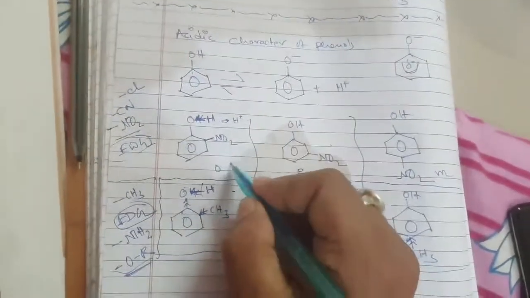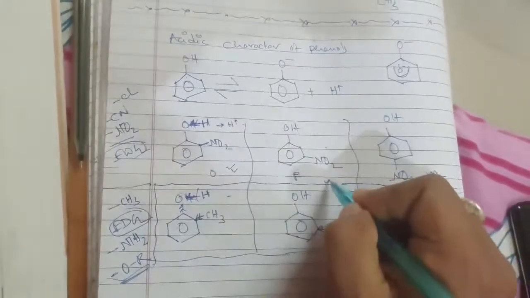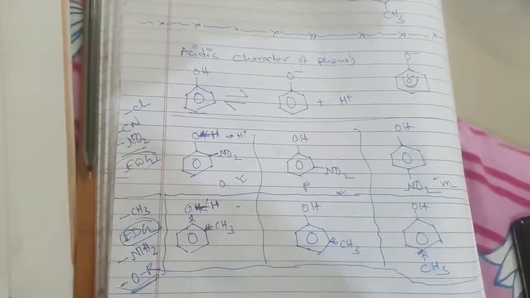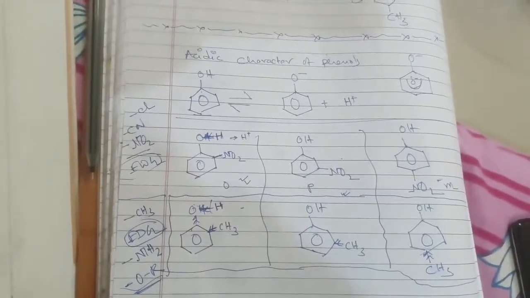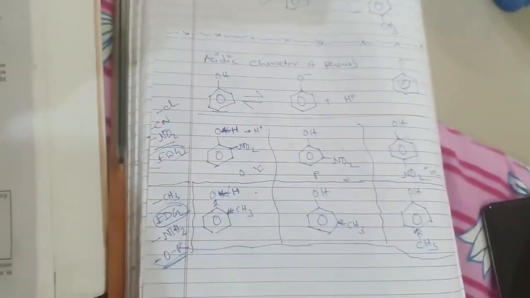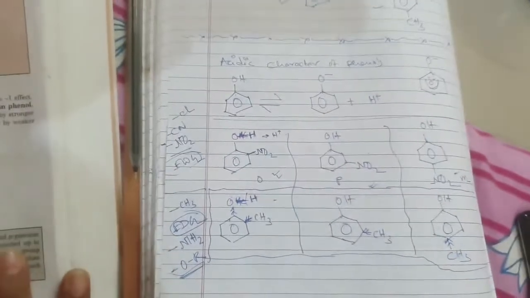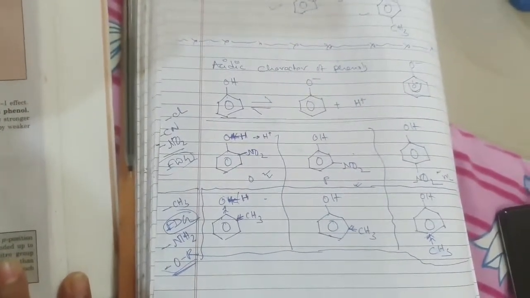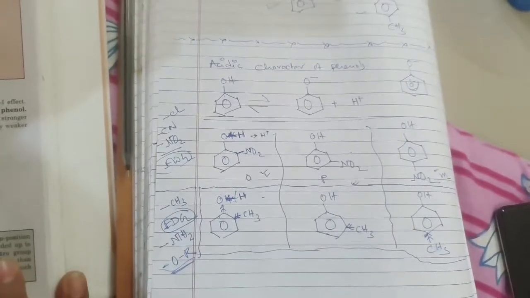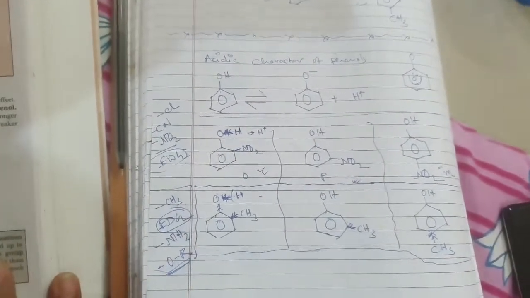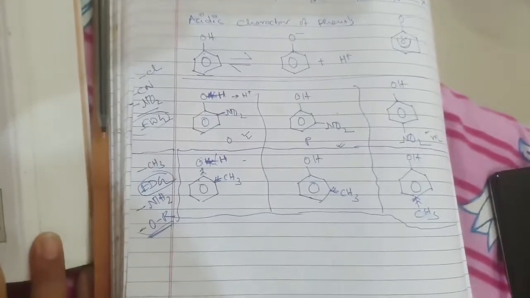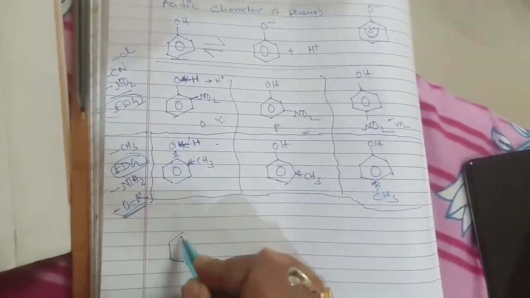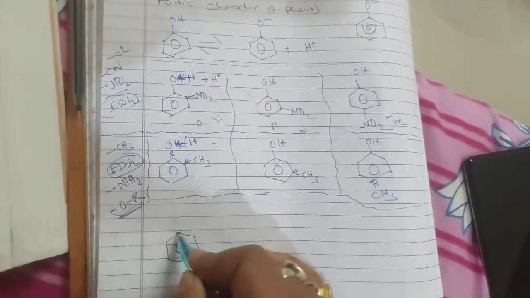So if there is presence of electron withdrawing group, then they are even better acids than phenol. Are you getting my point? They are better acids. The other reason for this is that suppose, for example, if we consider that there is